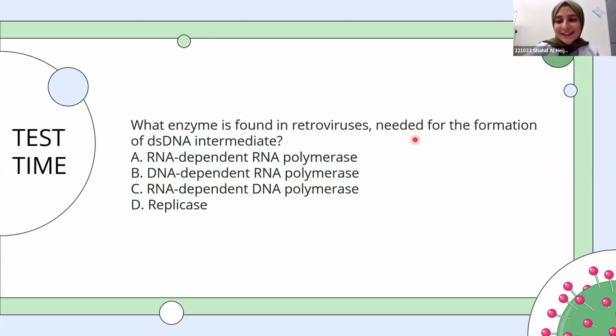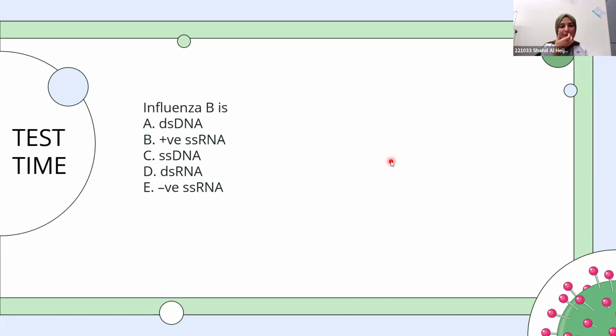Yes, exactly. So it's C, RNA-dependent DNA polymerase. We're making DNA from RNA, and the other name, as someone correctly mentioned, is reverse transcriptase. Yes, exactly. Next question. Influenza B is